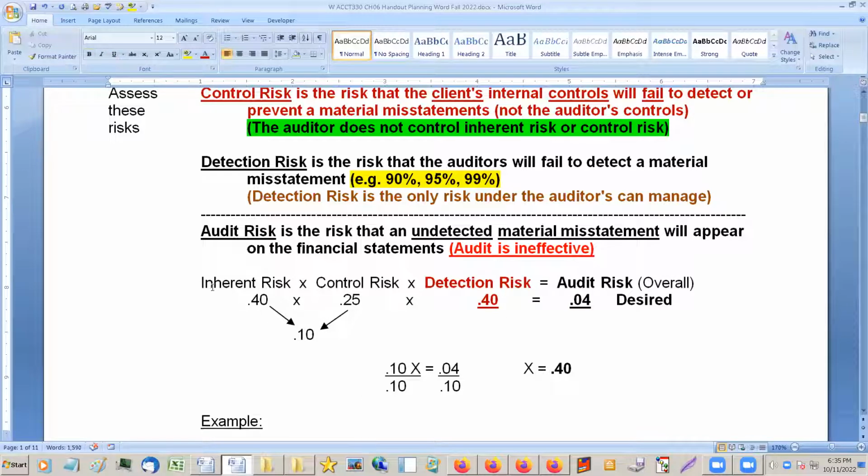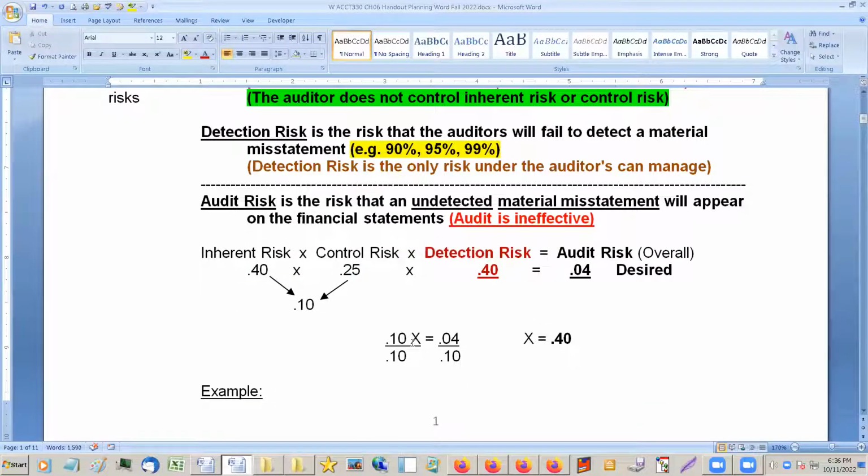So it is possible, if these are lower than you expect, that you can actually loosen the reins a little bit on the audit and still have your desired overall risk. Especially if they change quite a bit, you can change your overall audit. Probably a bad example to take because usually these two 40s are not the same 40s. But, okay.